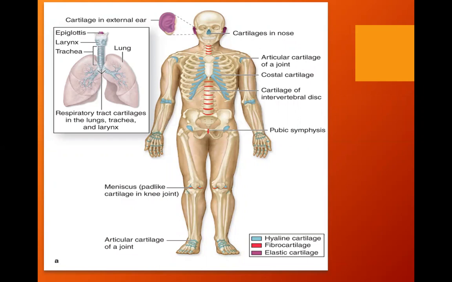These are the hyaline, the fibrocartilage, and the elastic cartilage. I'll help you memorize all these things. Okay, now look at this picture, class. If you notice, the blue ones are actually the distribution of your hyaline cartilage. They are found in the costal cartilage, the articular cartilage of the joints, and also in the respiratory tract cartilages. You have the larynx, the trachea, and of your